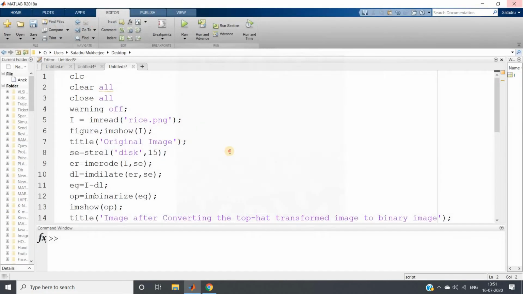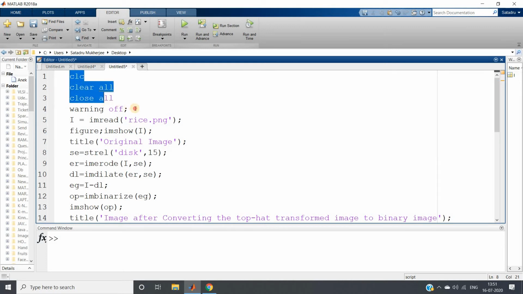Here I have written: clc, clear, close all, warning off, I equal to imread rice.png, figure, imshow I, title original image. Then I am performing the top hat transformation, that is image erosion then dilation. That is image opening we are applying, and that opened image we have subtracted from our original image. On that image we are applying thresholding using global thresholding, imbinarize.